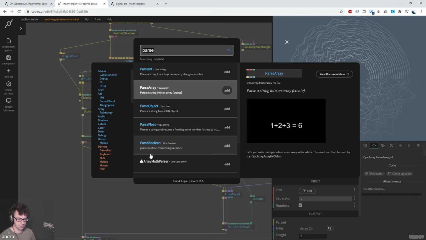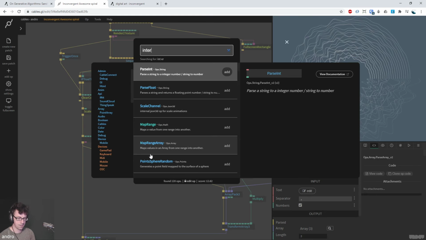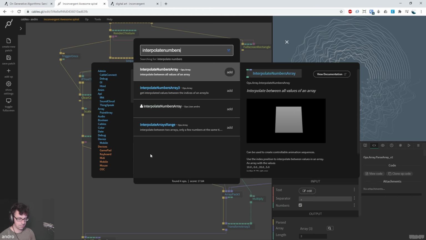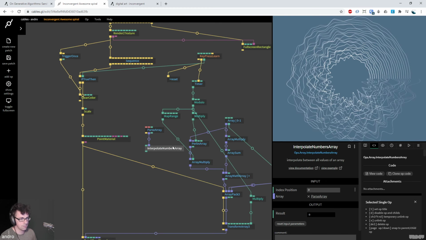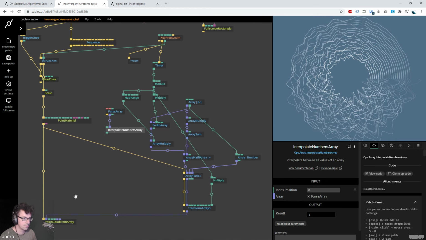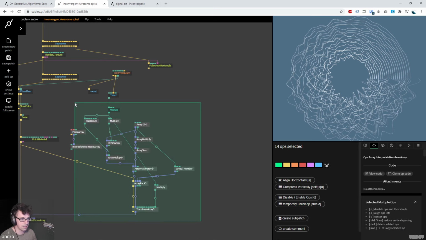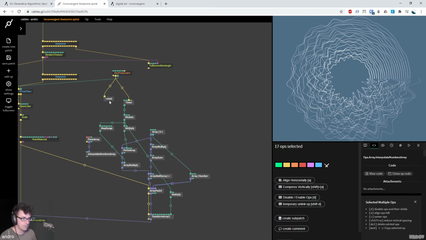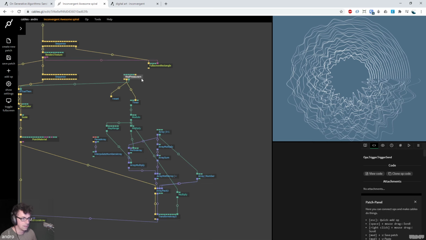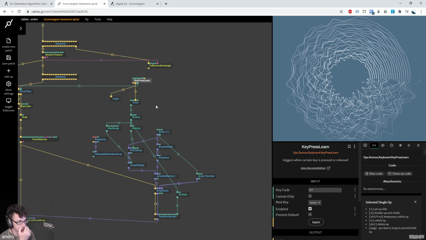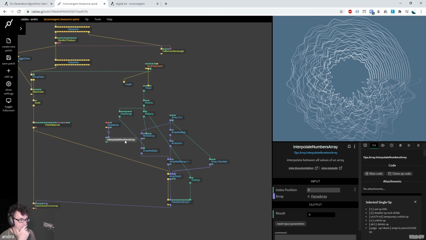So now I'm going to pull out the array and I'm going to grab interpolate numbers array. Interpolate between all values of an array. This is seriously, I think, one of the coolest underrated ops that's out there. I've used this thing so often to achieve amazing things. So basically,